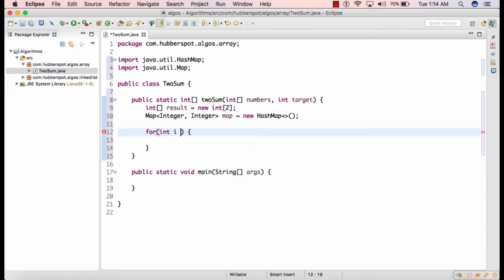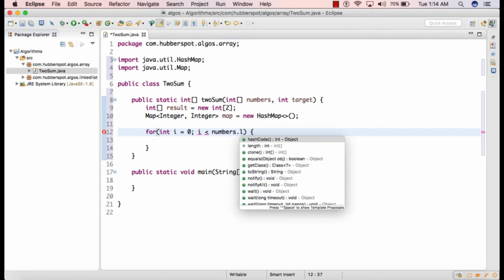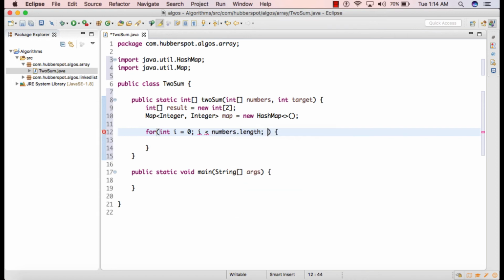So we'll iterate the complete array from 0 to numbers.length. So this will basically iterate each and every element in the numbers array.